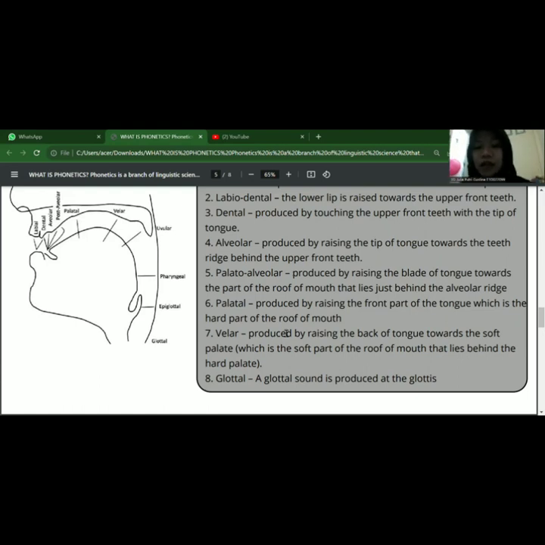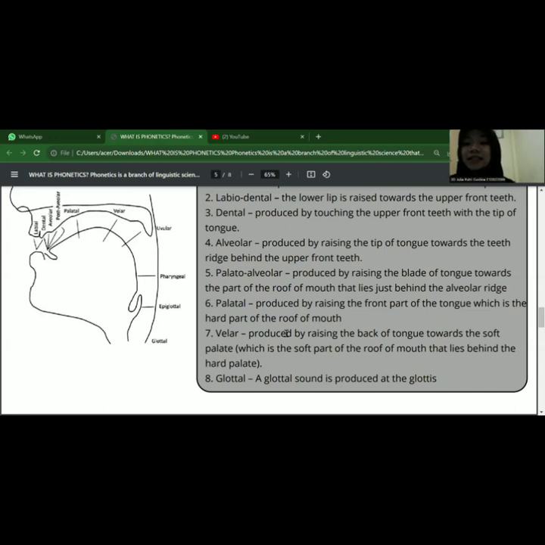And the next one is velar, produced by raising the back of the tongue towards the soft palate, which is the soft part of the roof of the mouth that lies behind the hard palate. So we can pronounce the letter like ka, because it is from the soft palate, literally behind our mouth, like